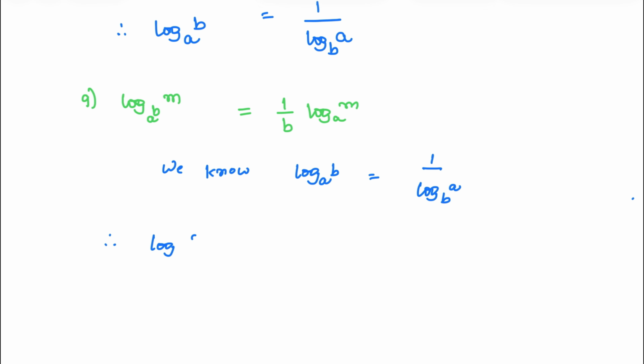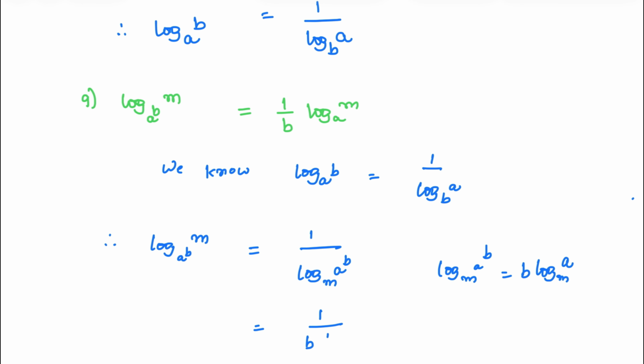Therefore, log m base a power of b equals 1 by log a power of b base m. We already know log m a power of b equals b into log a base m. Therefore, it is equal to 1 by b into log a base m